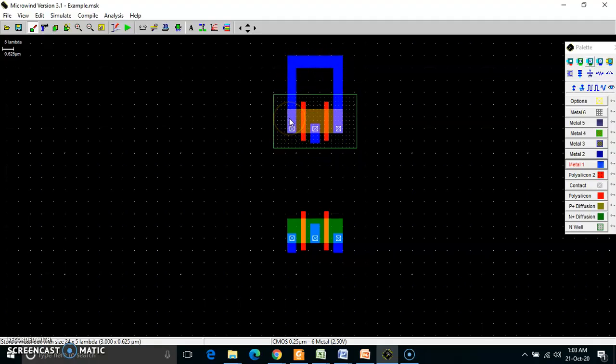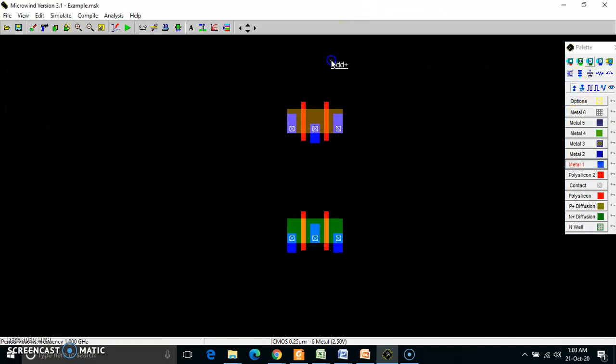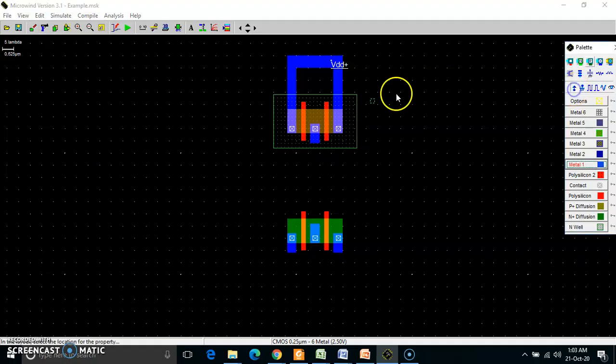This is source, again I am repeating, this is source, this is gate, this is drain, again source, gate, drain. If you are choosing in this way, what will happen? This will be source and this will be drain. So what I need to do? This will be my source, gate, drain, drain, gate, source. So two sources are this and two drains are over here. So I have connected this and I am taking VDD to connect it over here, pull up network. Again I am taking this VDD to avoid the floating effect.